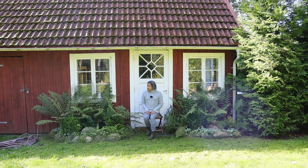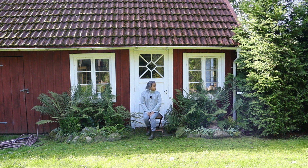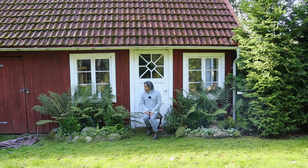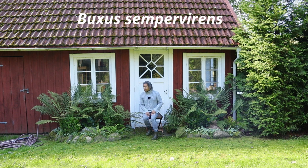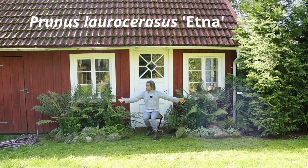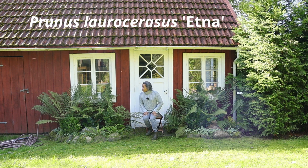So in these borders I wanted to plant out some evergreen plants because this area is going to be, well, just evergreen plants for many, many months. The other plants I have going on in here are, I have some boxwoods down here at the front. These are Buxus sempervirens, and then in the middle of the borders I have two Prunus laurocerasus, the cherry laurel,